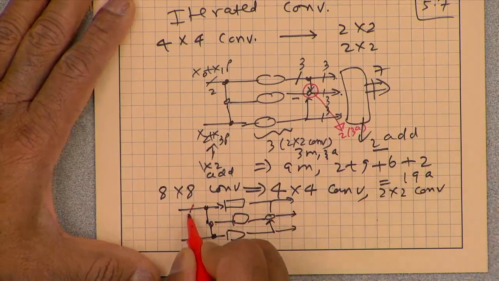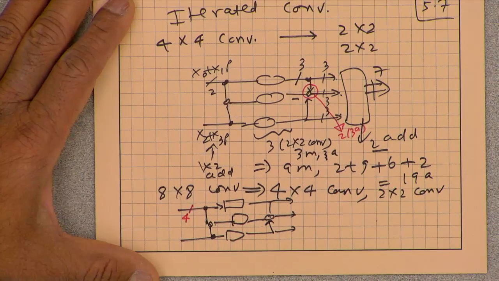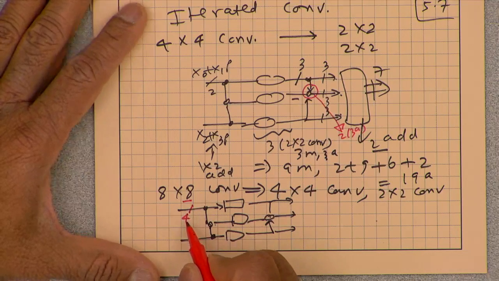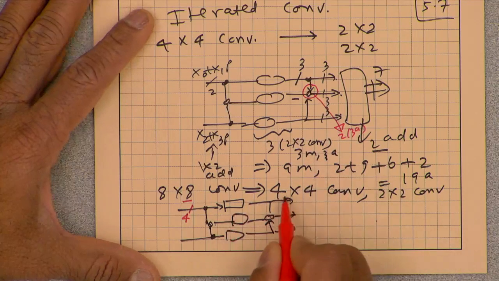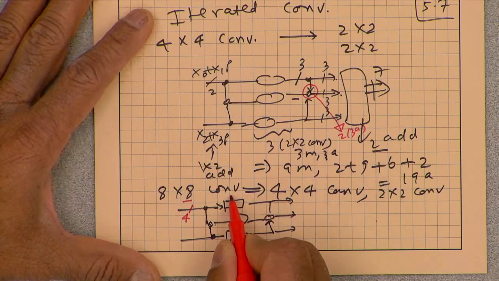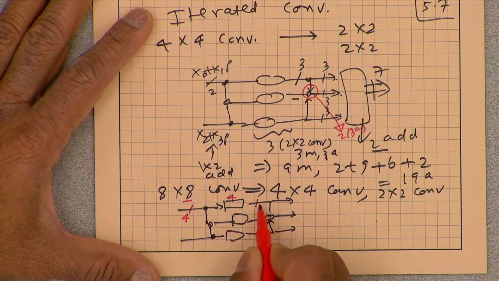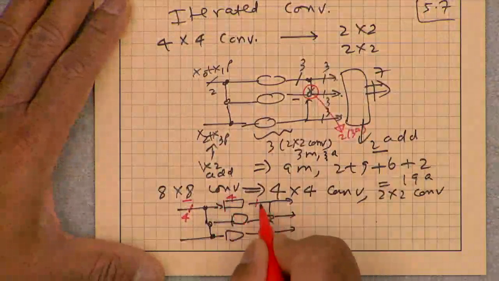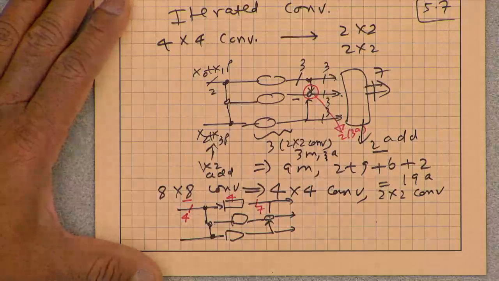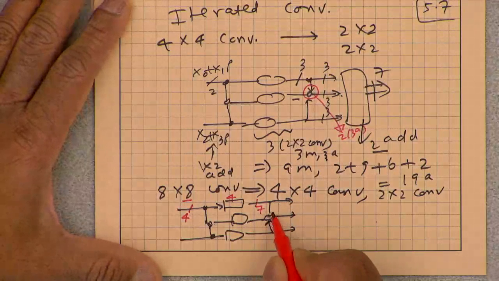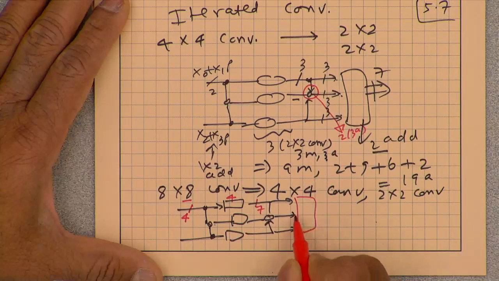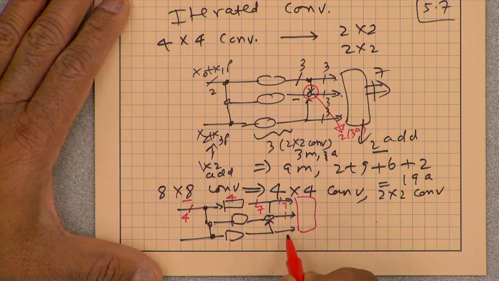So each of these is going to be 4 terms. I have divided the input x containing 8 terms into 2 polynomials, each of degree 3, containing 4 terms. Each h is also 4 terms. So this is 4 terms here, and the 4 by 4 convolution from the previous diagram here. We are not showing all of that, but each one of these will have 4 plus 4 minus 1, 7 results. And finally, this is also going to be 2 times 7 add operations, and finally we get 21 things. So 7, 7, 7, 21 things.